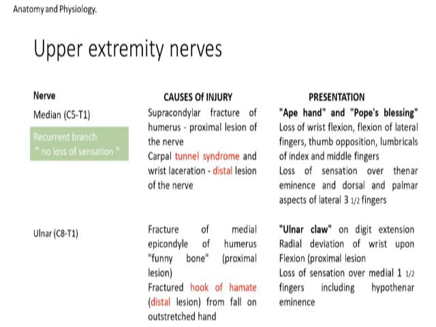The etiologies of injury of the median nerve are supracondylar fracture of the humerus, a proximal lesion of the nerve, and carpal tunnel syndrome and wrist laceration, distal lesions of the nerve. The signs and symptoms of a median nerve lesion are apple hand or Pope's blessing. There is loss of wrist flexion, flexion of the lateral fingers, some opposition, lumbricals of the index and middle finger, and loss of sensation over the thenar eminence and the dorsal and palmar aspect of the lateral